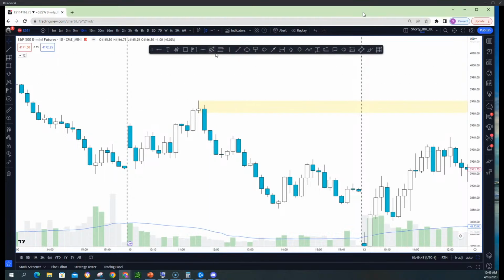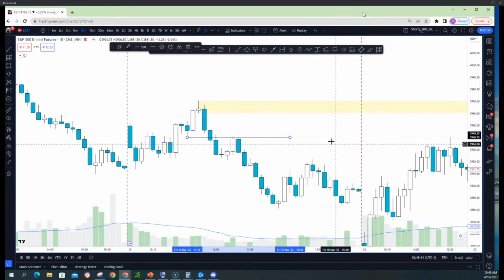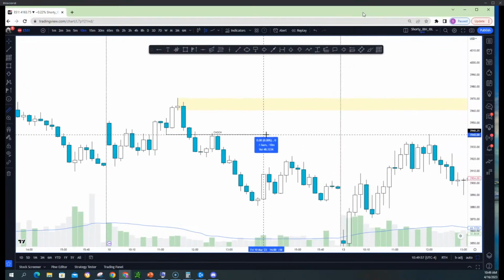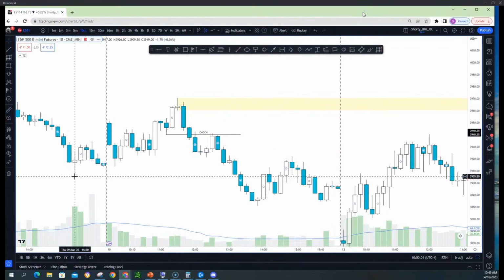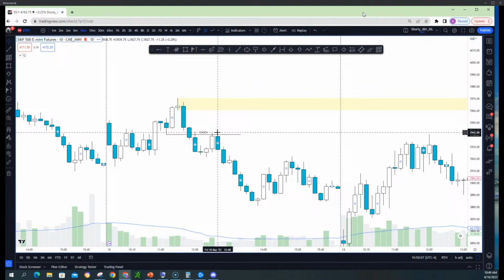When you stop putting in higher highs and higher lows, in this case, it's here. I would say this is your change of character, and this is kind of where it's happening, right? You're no longer putting higher highs and higher lows here. Now you have a lower high between the candles, and now you just made a lower low, and it's a lower high, right?